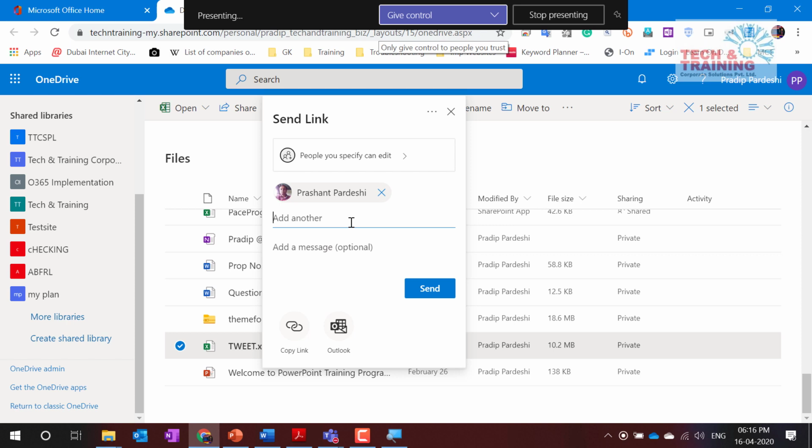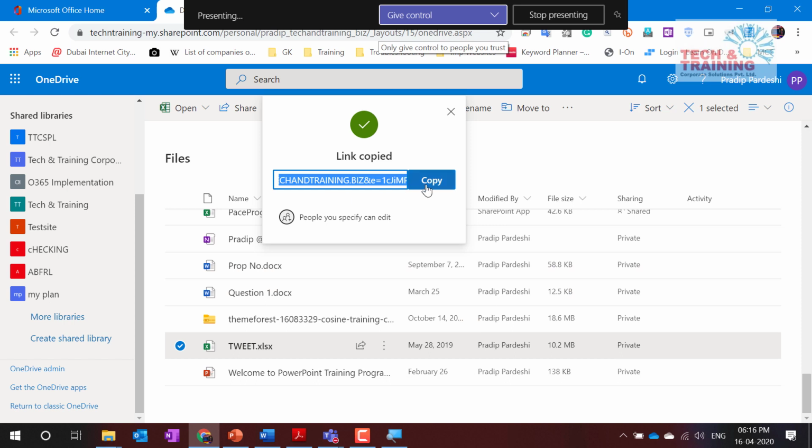Now, the email or link can be shared in two different ways. One is I can share like this with send, and then Prashant will get that file and he can use the same right click share feature to share it with someone else. Or I can copy the link like this and put it in an email.